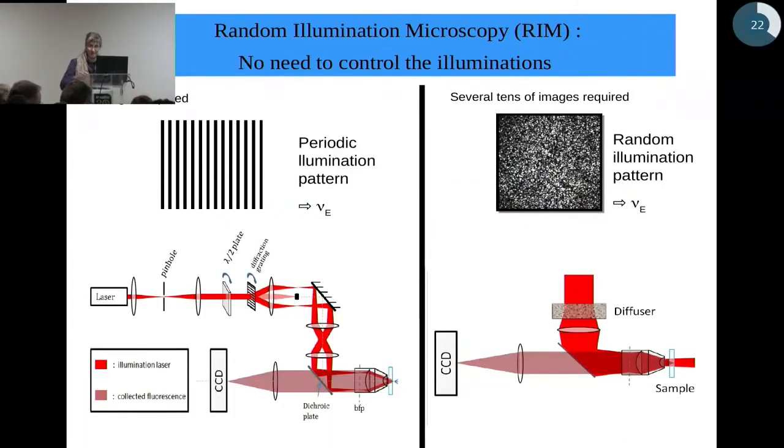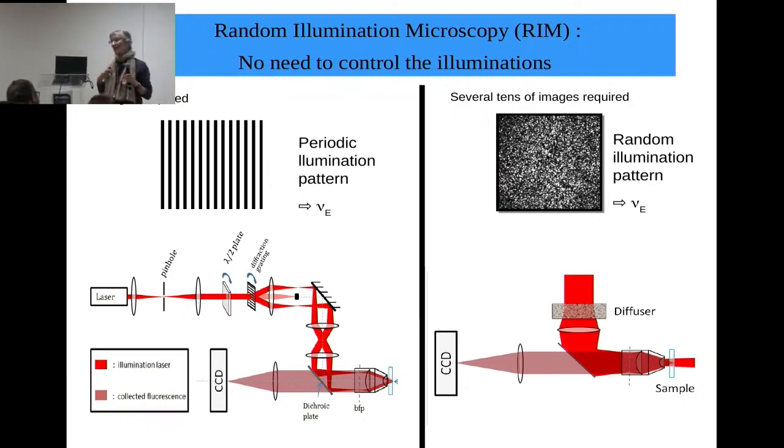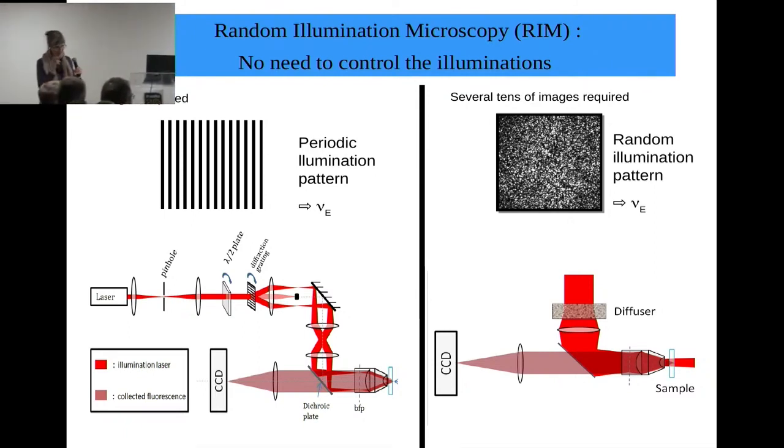Okay, so now I want to enter my second part of the talk. So this was the course. Now I'm talking about what we have done with the group. The people that worked in this group are scattered over 3 labs in France. So it's CBI at Toulouse, LS2N at Nantes, and Fresnel Institute in Marseille. So it's really a collaborative work.